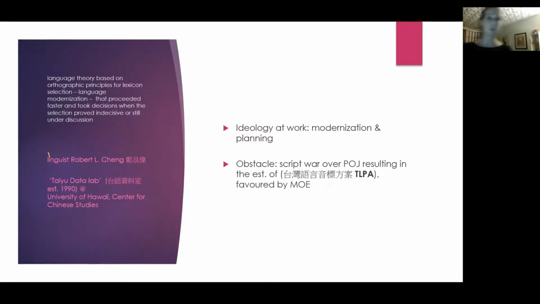So it's the working together of the educational structure, the Ministry of Education, with the government to a limited extent